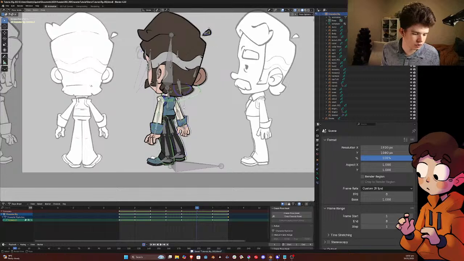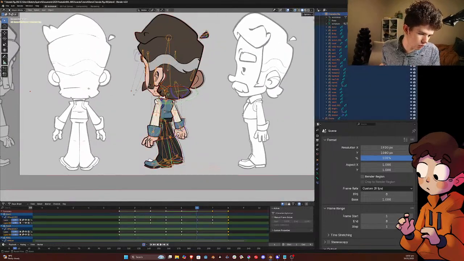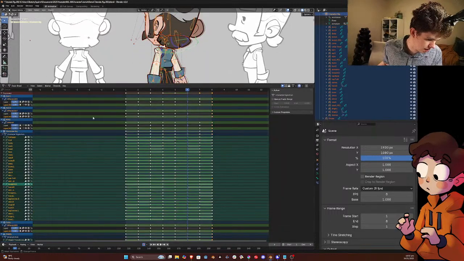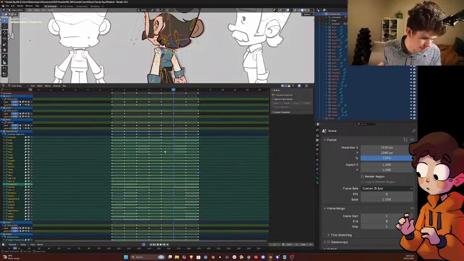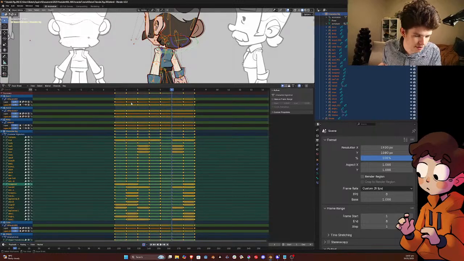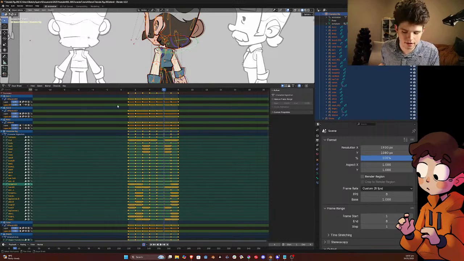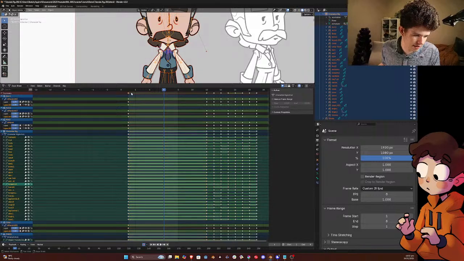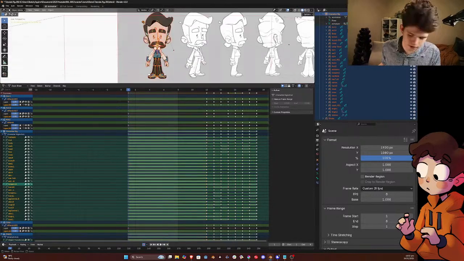The way this is going to be animated is I take all of the keyframes, and you can see there's an awful lot of them, and move them like 100 frames down to the end, and then as I animate, I can just duplicate them into place. So, for example,